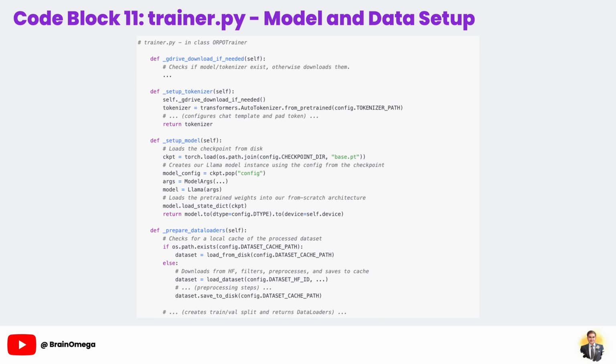Let's look at the setup methods inside our ORPO trainer. First, setup tokenizer calls our Google Drive download utility to ensure the files are present. Then it uses AutoTokenizer.from_pretrained to load our tokenizer from the local path. It then configures the tokenizer with the specific chat template and pad token that the model expects. Next,